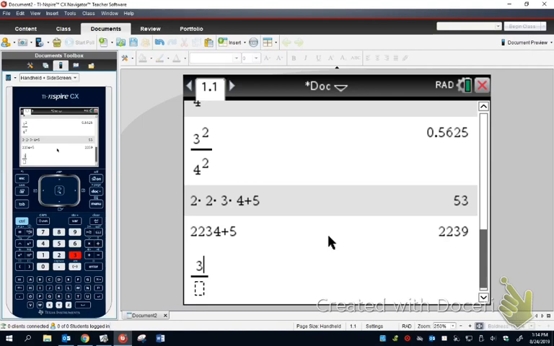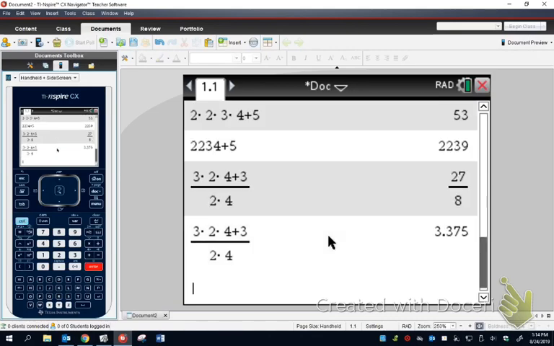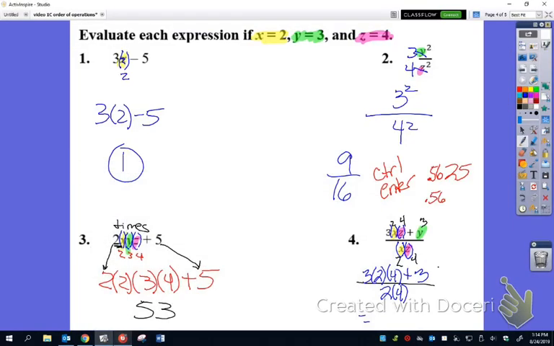So 3, parentheses 2, and then parentheses 4, plus 3 over 2 parentheses 4. Okay, and you hit enter. So you got 27/8. Now you can leave it like that or Control Enter and get a decimal. So you can either have the answer 27/8, which sometimes people like fractions as their answers, or you can change it to a decimal, 3 and 375 thousandths. Now you try numbers 5 and